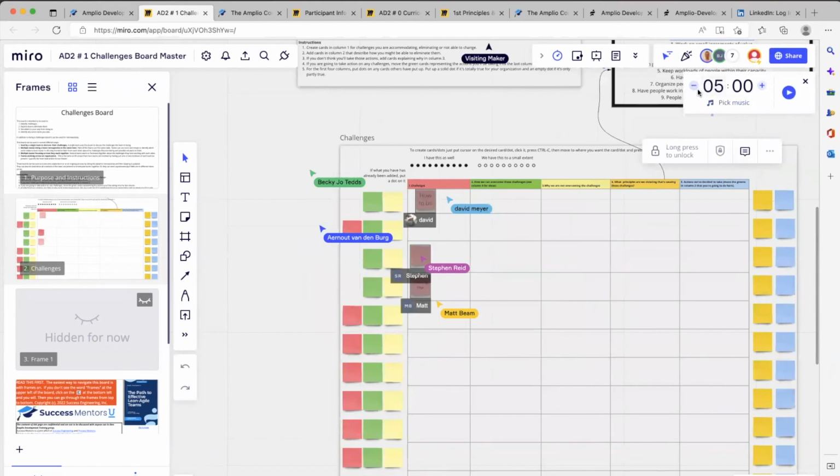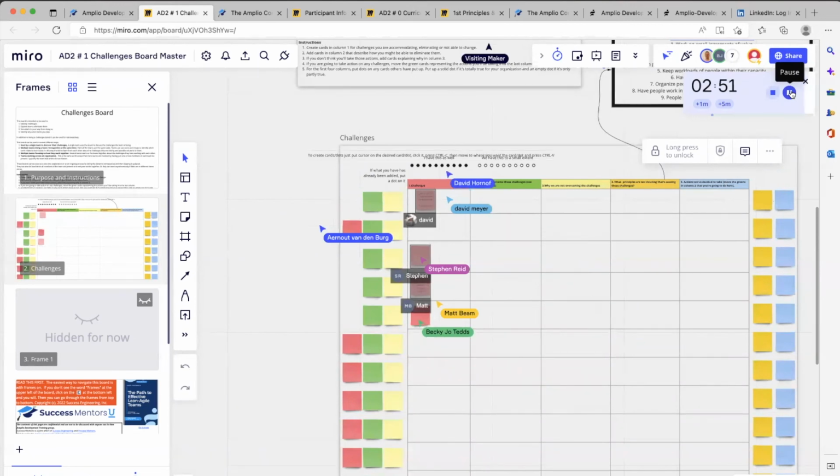Here, I'll put up a timer for 2 minutes. I'll give you 3 minutes for this. This is actually the most important part. So these could be your challenges. This could be your client's challenges. If you're working for a company, those two would merge together. Most of you are consultants. So it could be, I'm having troubles getting this information to people, or my clients are having this. You don't need to specify which it is. I don't really care, but you could add it. My clients are having this problem. I'm having this problem. That would be fine. Just start in the red and then we'll move as we go.